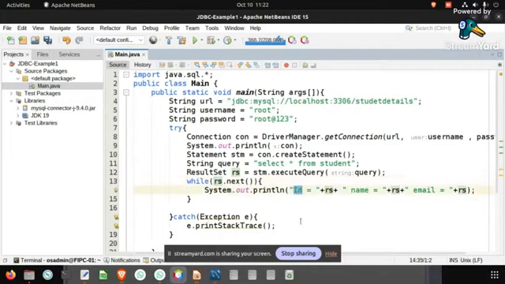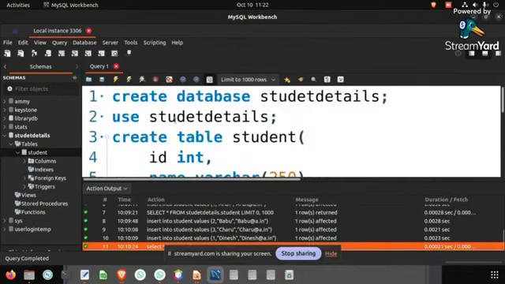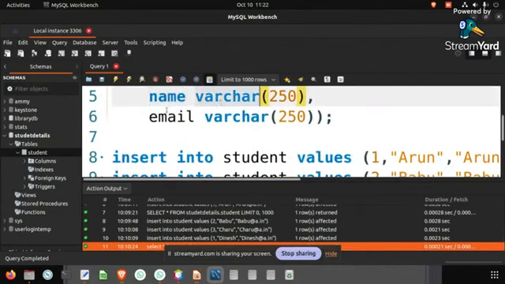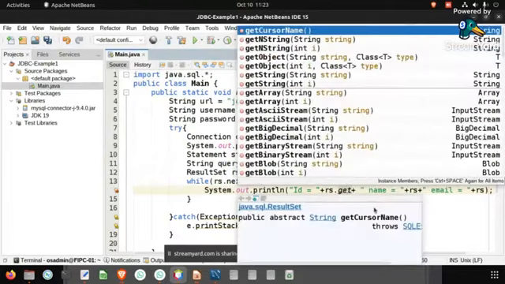So what is this id type? I hope you can see this. ID is a type of integer, and name is a type of varchar, and email is also a type of varchar. Correct? So these are the three data types that we have used to create this database. The same we are going to use here. So first one, ID is a type of integer. So for that, what I'm doing is result set dot get. So we have a method called get